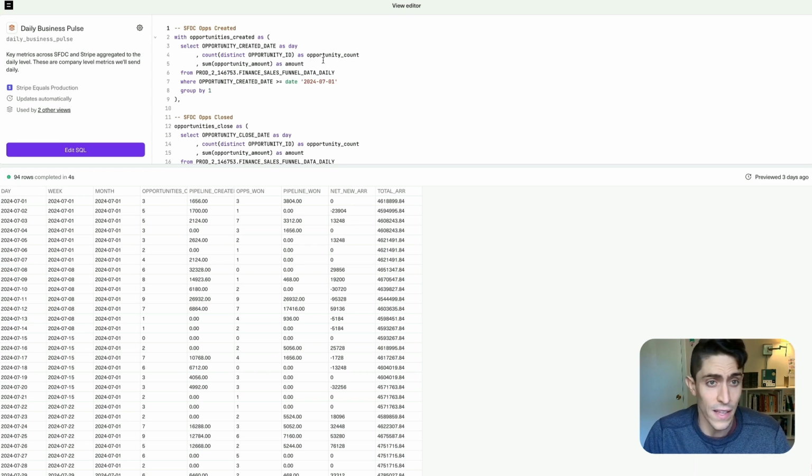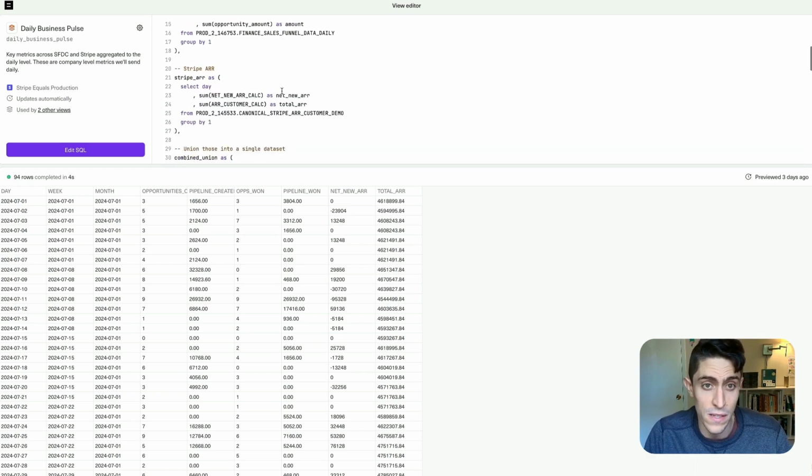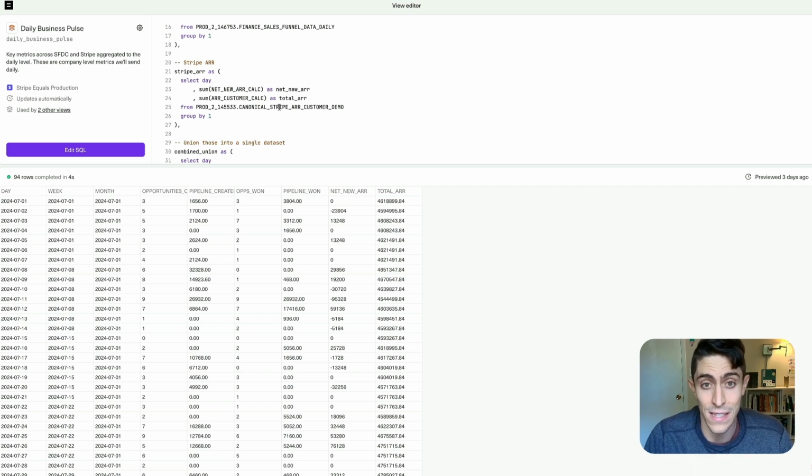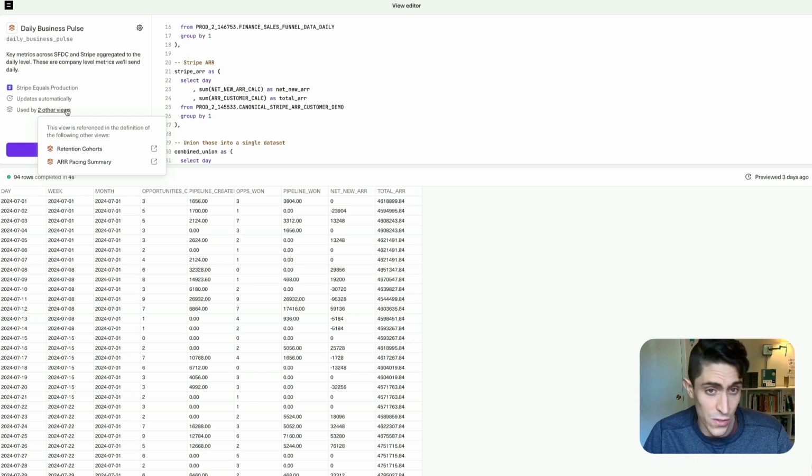And so I clicked into this daily business pulse view. And what you see here are queries that I've written against my Salesforce instance and my Stripe instance. And it's aggregated here into one table that's got Salesforce data and Stripe data. And so here I'm looking at opportunities won, as well as my ARR balances or my billings amounts. You can also use views elsewhere. So you can see that there are two other views in my Equals instance that are running queries off of